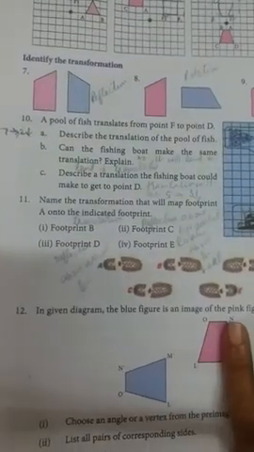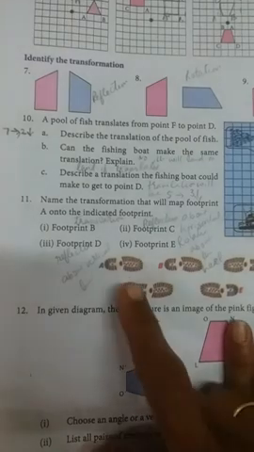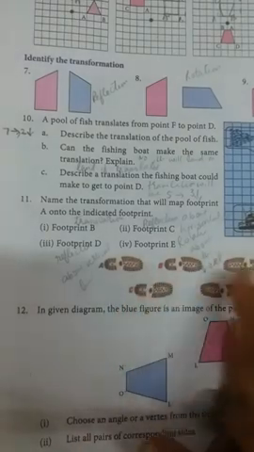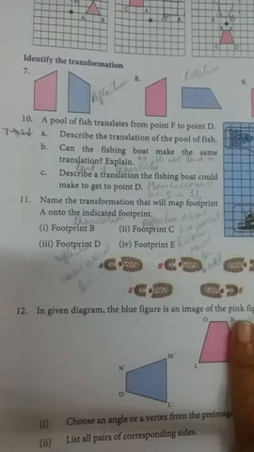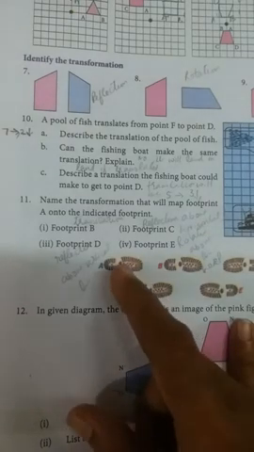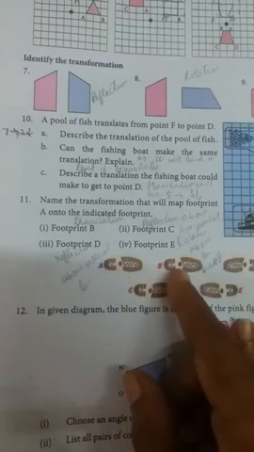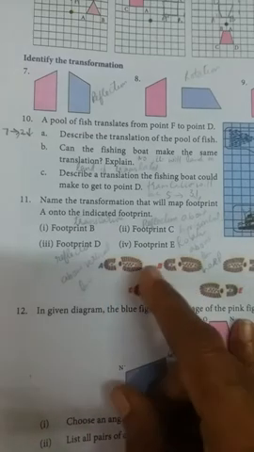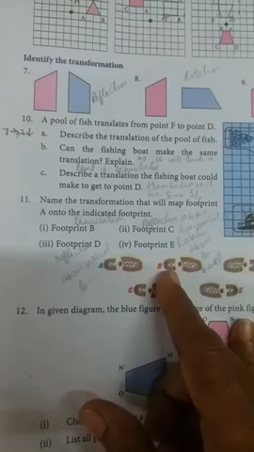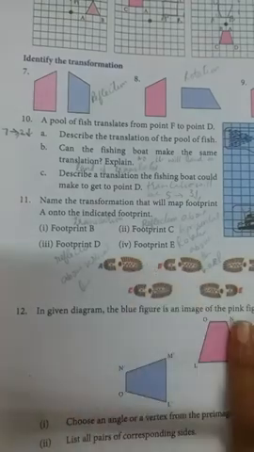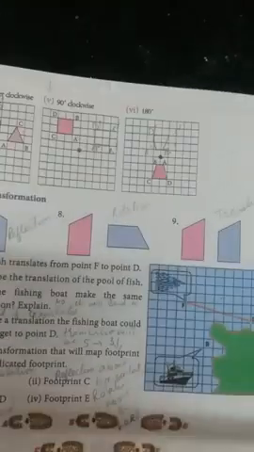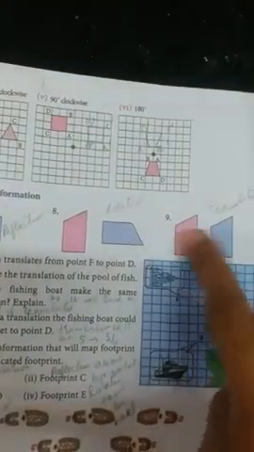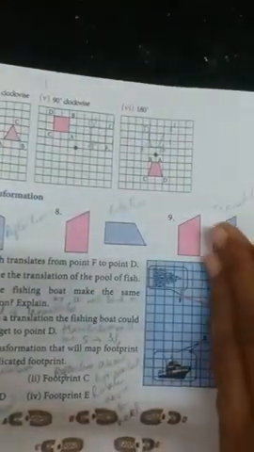From A you have to match. From the footprint A you have to match either to B or to C or to D, or to E. So first one, from A you have to mark to B. See, this is the same. Like here you had translation. Same type. It will be looking alike. Yes or no? That is translation.